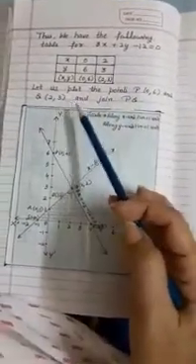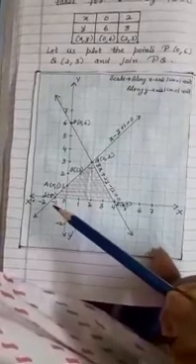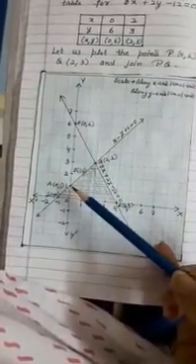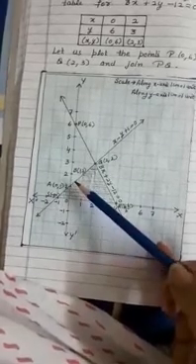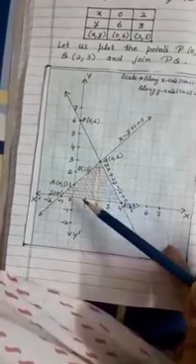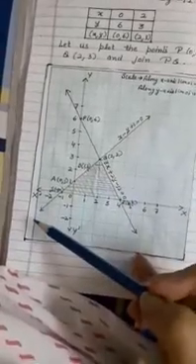Then we have to plot these points. Let's name them P and Q and join them. You can see the graph here. In the first line, we have to plot the points A and B. A point is 0, 1, x is 0, y is 1. And the second point is B, whose coordinates are 1 and 2, x is 1, y is 2. By joining these 2 points, we are getting a straight line like this.